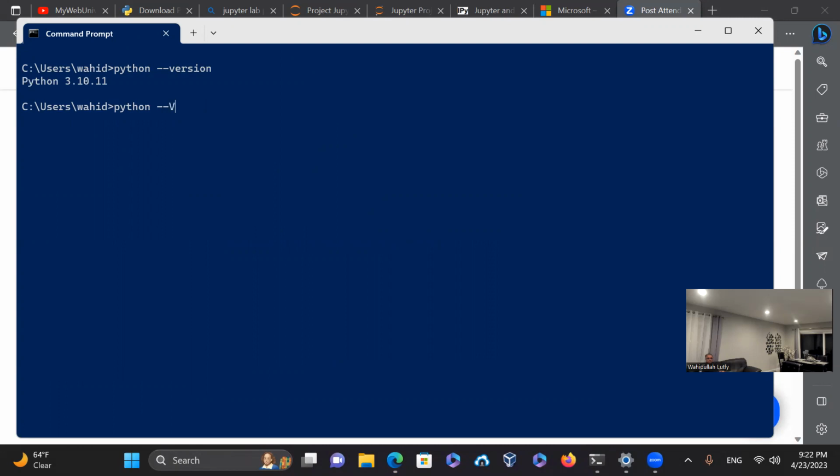And I could also get the same thing with -V. Similarly for IPython, I could see what version I have with --version, and you could see that I have 8.12.0. And similarly, if I want to see for Jupyter